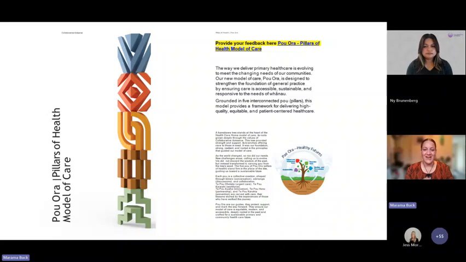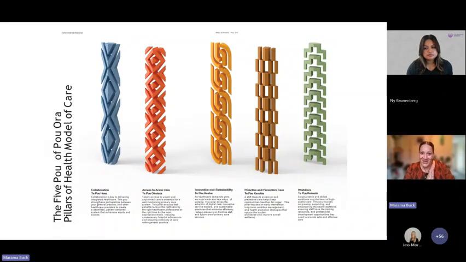So each of these Pou were developed, as I showed in the previous slide, through a true consultation process where we gathered lots of your input and pulled it together. So we don't see this necessarily as the model that Collaborative Aotearoa wrote. We see ourselves as the people who brought all of your ideas together and then gave it back to you. So we really think that this is a by the sector for the sector model of care, which we're really excited about.